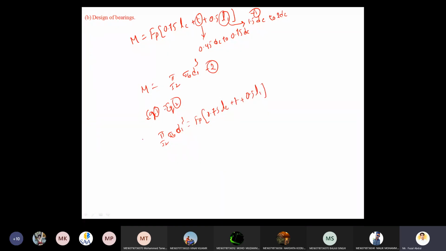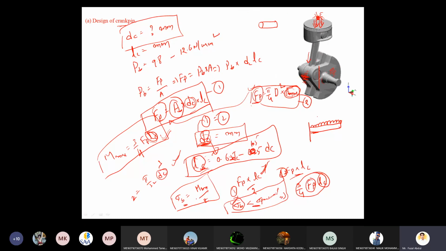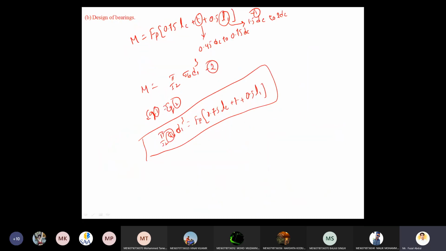So after equating the first equation and the second equation, sigma B will be whatever is given as the permissible value that we have to take, Babu. Don't take whatever we got here; this is only for checking purposes. So sigma B permissible value and FP we calculated. And as previously calculated, the relation for L1 is given. Substitute all these values. Which one is the unknown? D1 is the unknown. What is D1 here? Bearing diameter.